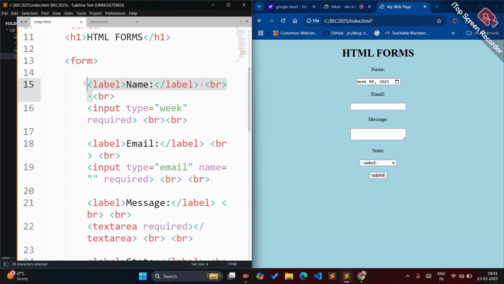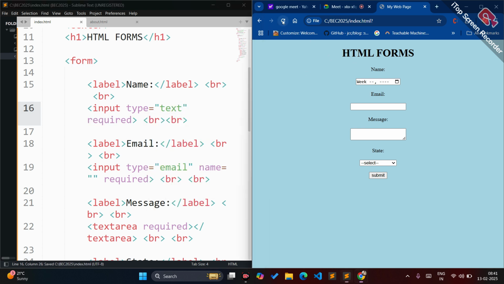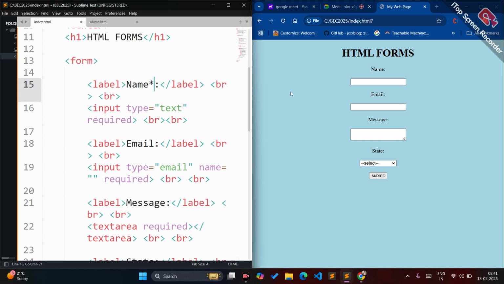For example, I'll refresh everything. Suppose I want all the fields to be mandatory, I can just add a star mark in the label so that it becomes compulsory, like you have to fill it. You cannot leave the field empty. Okay, so